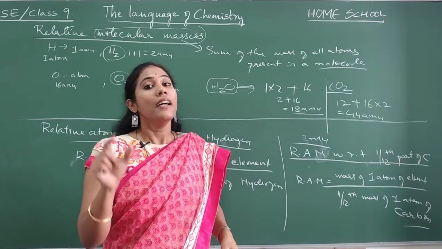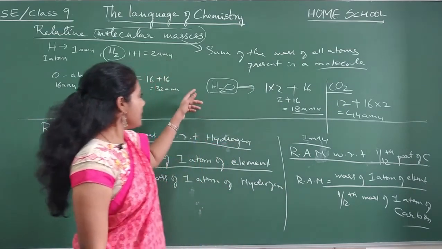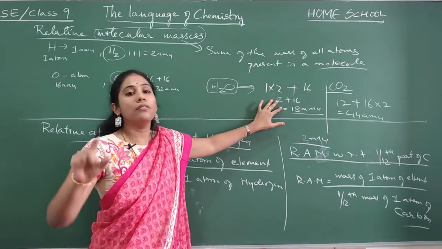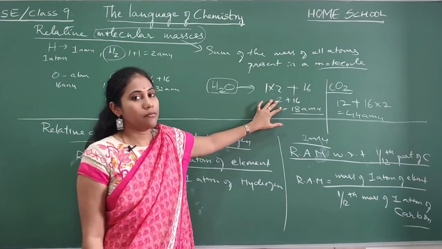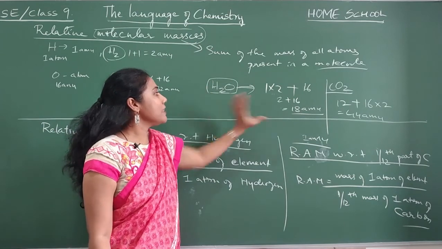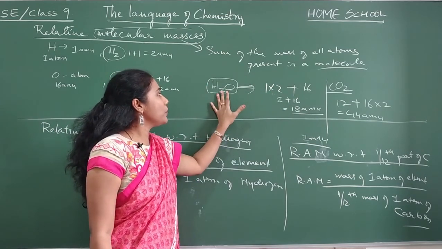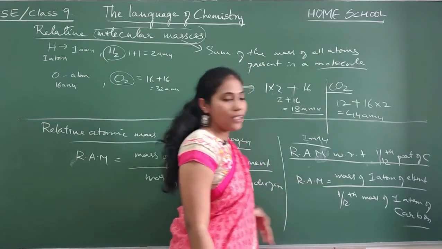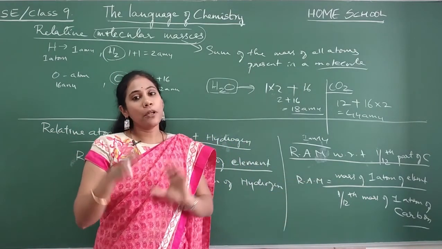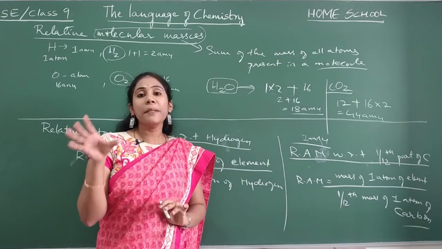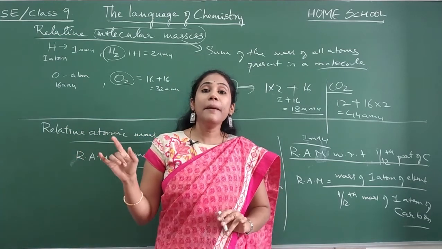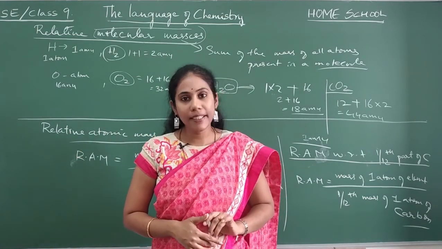But practically speaking, calculation of molecular mass is this way. This is what is more useful for you for the further concepts. Clear everybody? More than the definition, try to remember this concept. This is how we calculate the molecular mass of water as well as carbon dioxide, just by adding their atomic masses. Now, keeping this molecular mass calculation in our mind, let us study about percentage composition in the next video.